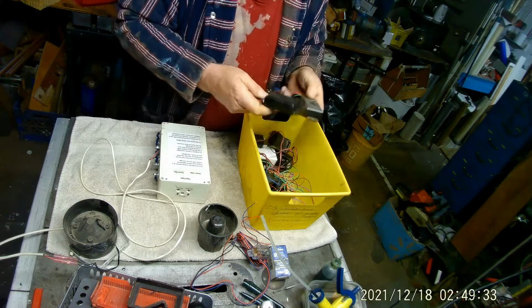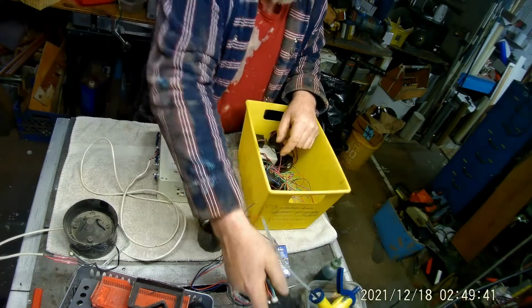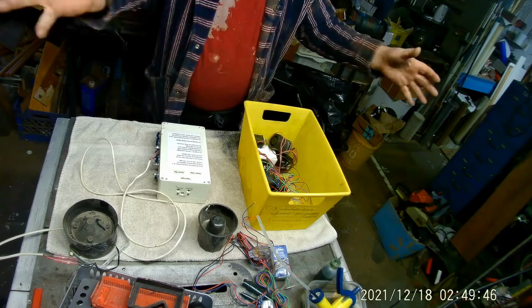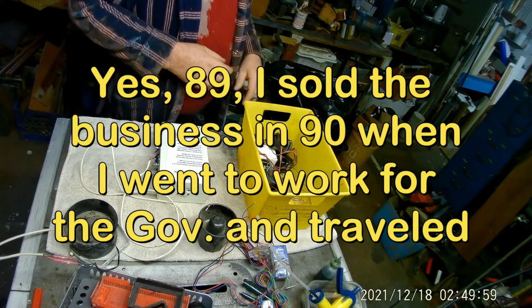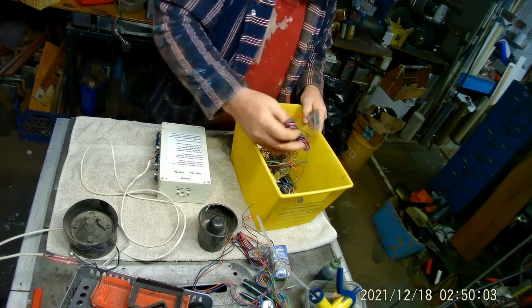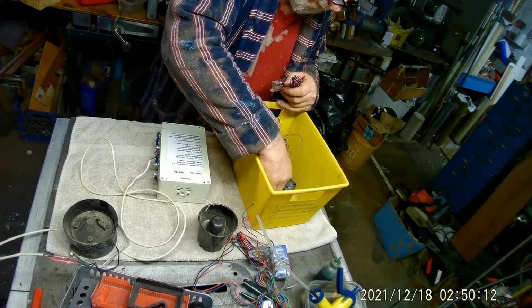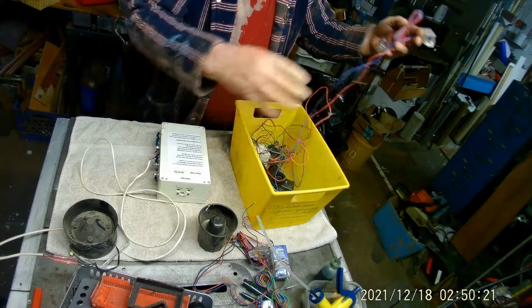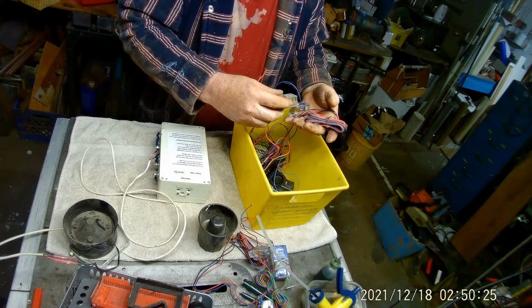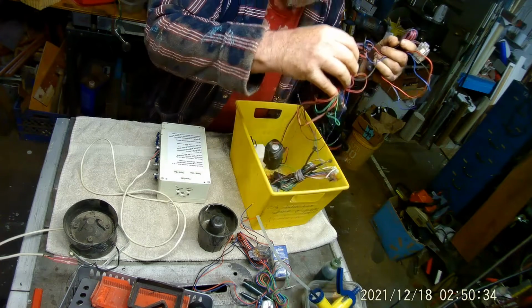How many pressure switches do I have? They're the same model number too. I don't remember doing a whole lot of convertibles. These are old. This stuff here, I had tons of alarm stuff when I had the store back in '89. I still think this is going to be the easiest way out. It's not necessarily the best way out, but it's going to be the easiest. I kept one of these. Actually,